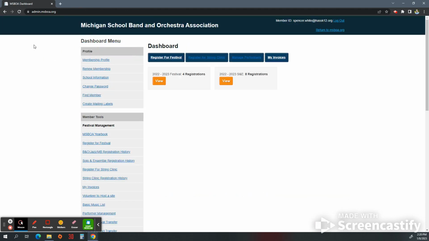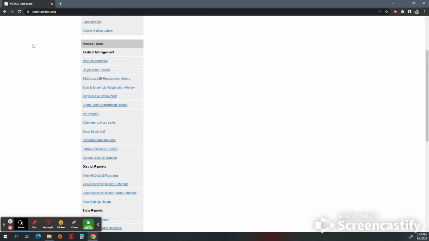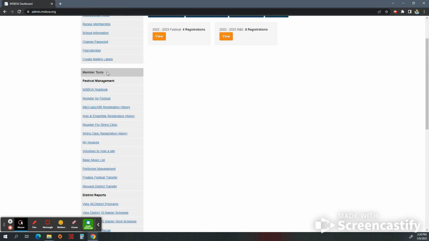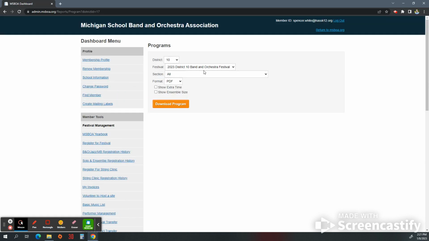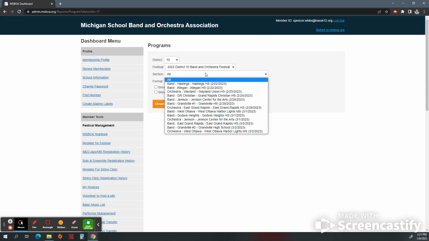If you want to double check that you are happy with how things are going to appear, not only in the printed program, but also on your adjudication forms, simply scroll down on this menu on the left, and we're going to go to district reports. If you click on View All District Programs and select the site where you're performing,